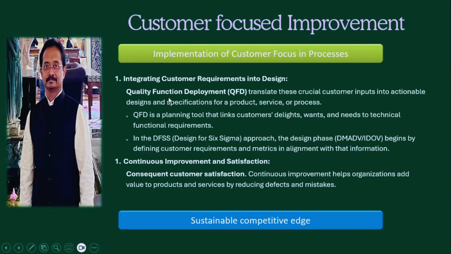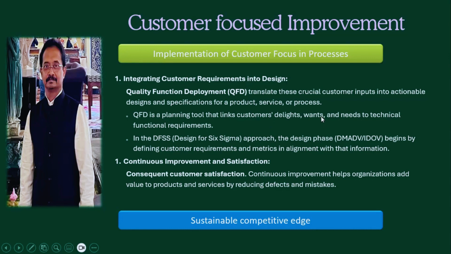Say, for example, I don't know what the client needs. Then I'll go to quality function deployment, which is called QFD. If you go to a black belt, they will talk in very detailed information about the QFD method, how to align, how to get it, and how we can bring that to the CTQ. The QFD is a planning tool which gives customer delight, wants, and needs, and how we are going to get the technical requirements. Customers may want N number of things. Am I able to produce that? That's called the technical functions. The QFD will connect all this.